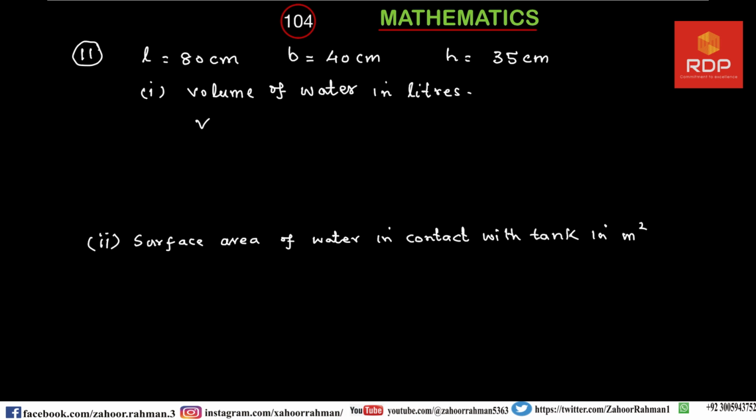So volume is equal to L cross breadth cross height. Putting the values inside it, 80 multiplied by 40 multiplied by 35 centimeter cube. So when we calculate it, it will be